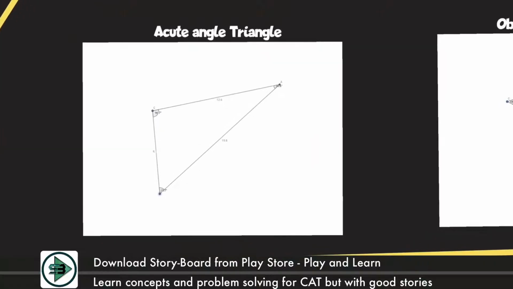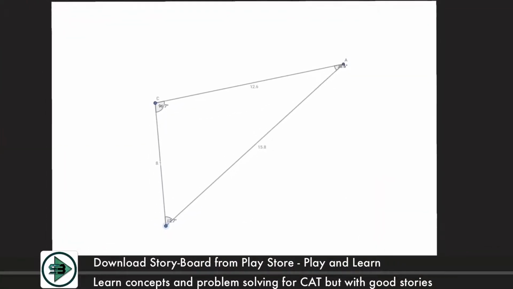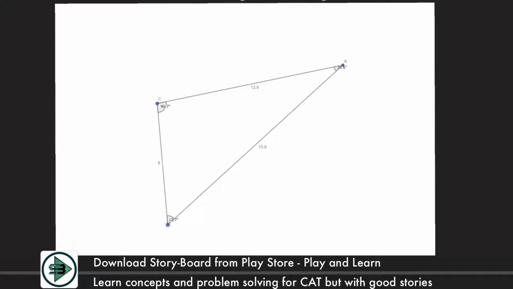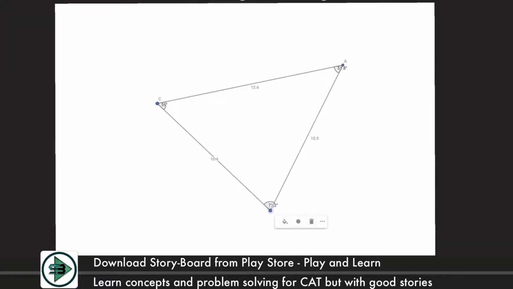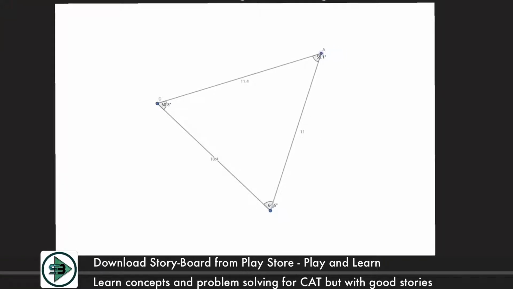Study various types of triangle. First I see is an acute angle triangle. As you know, what is an acute angle triangle? All the angles in a triangle are less than 90. If you can see, all the triangles that I am making right now have their angles A, B, C less than 90. So all these angles that are being made right now, many angles in a minute, all these angles are acute angle.